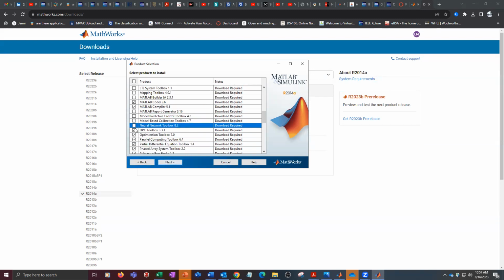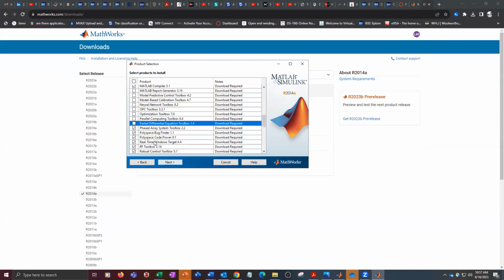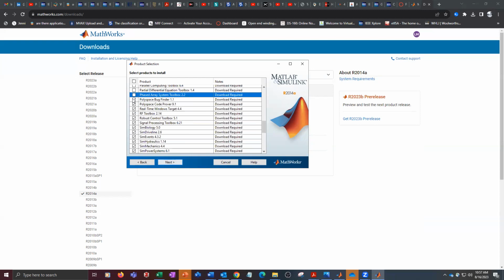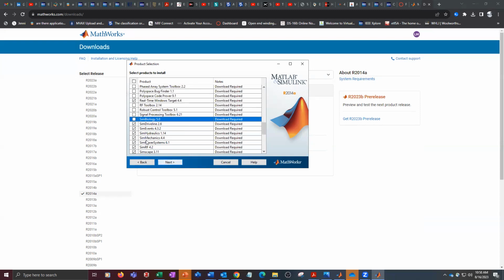Model predictive, neural network, OPC, optimization, parallel computing, you know, all these real-time, okay, maybe robust, signal processing, same biology. You can leave Simdriveline, and then